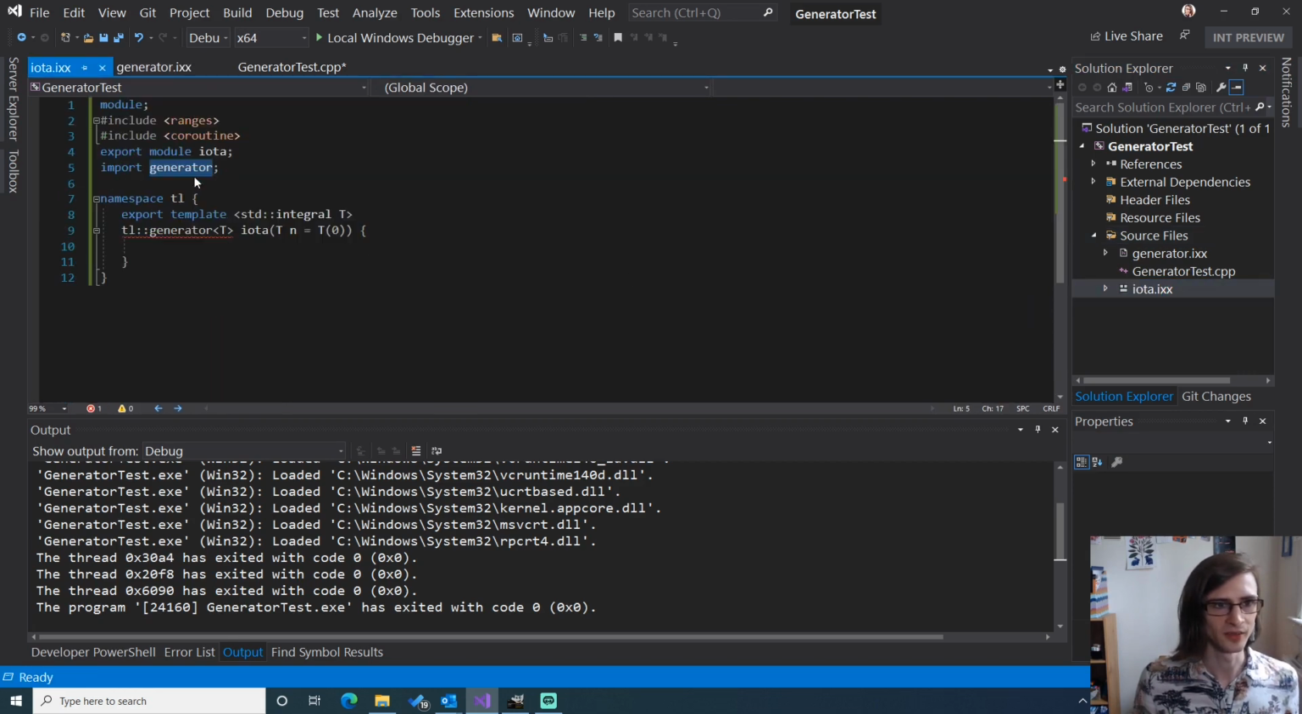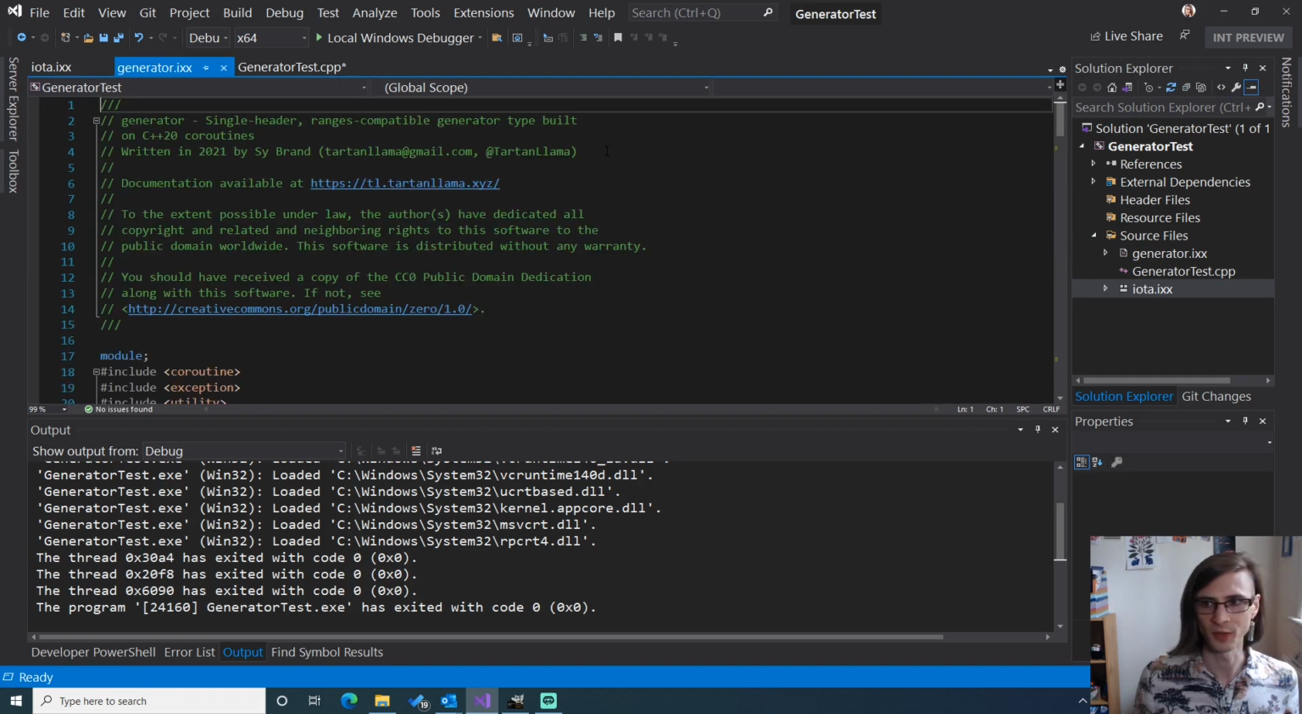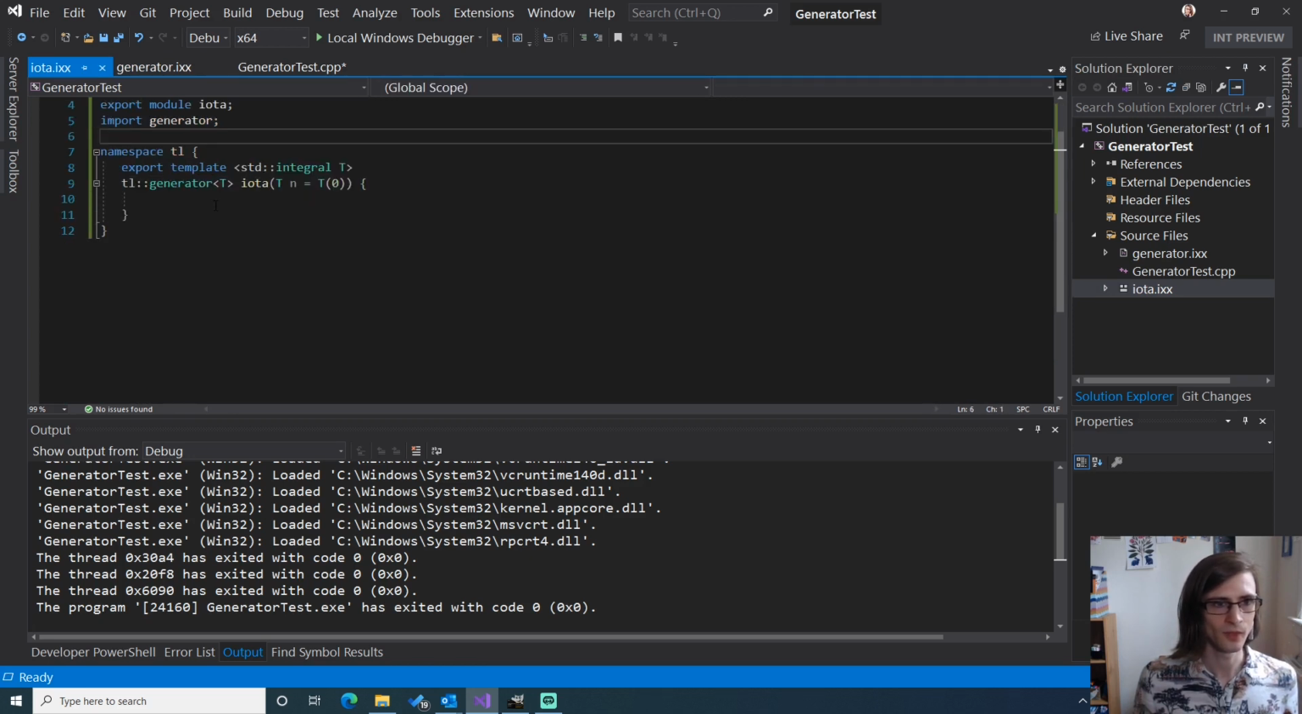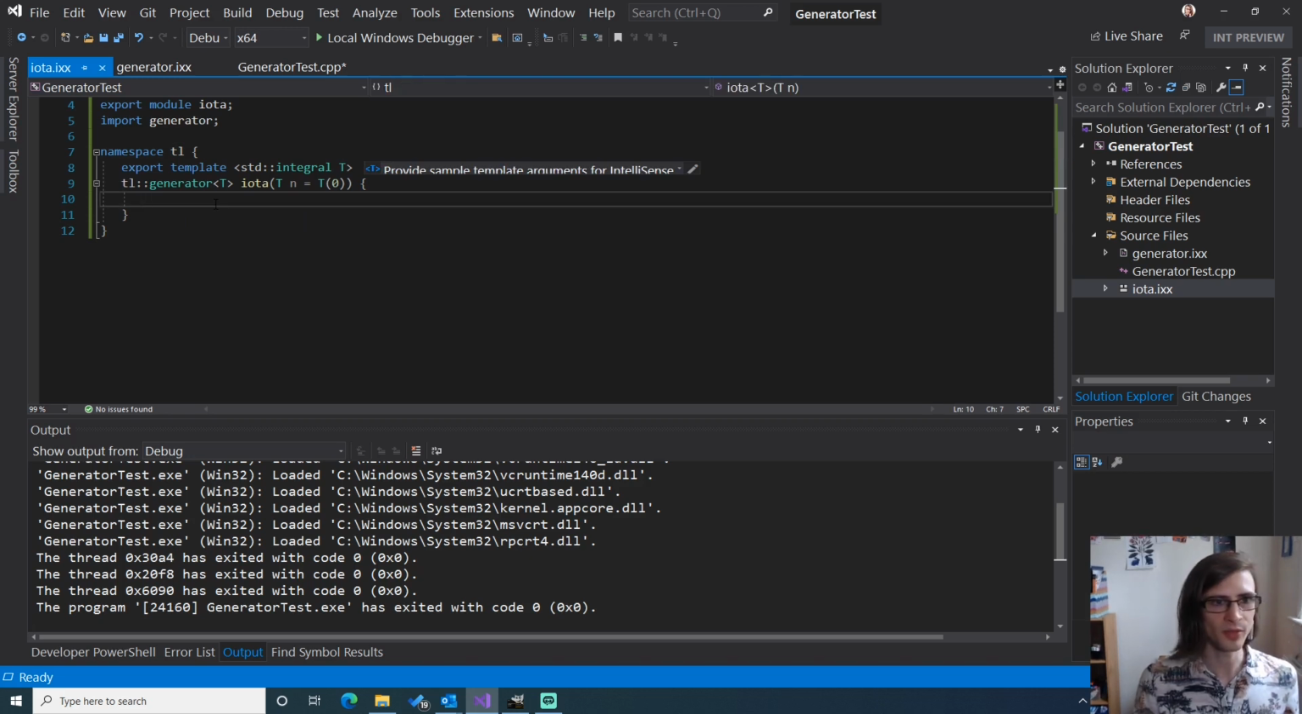So that's handy. For example, if I do this again, then it goes pretty much instantly because it's already worked out the dependencies. And you can see that IntelliSense has now found TL generator. We're all good. Okay, so our implementation of IOTA, we're going to loop